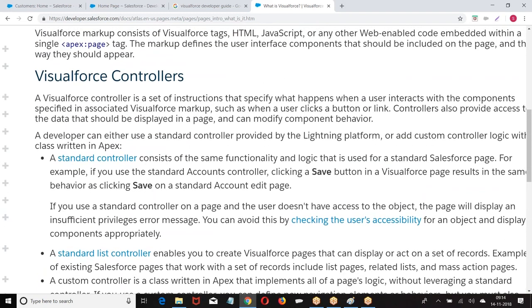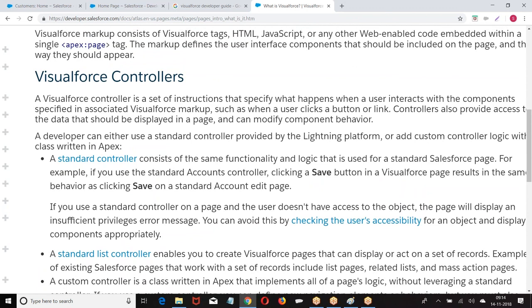When the user interacts with the components on the Visualforce page, the action that should be performed on the server side, on the database, on the data, is defined by using controllers.